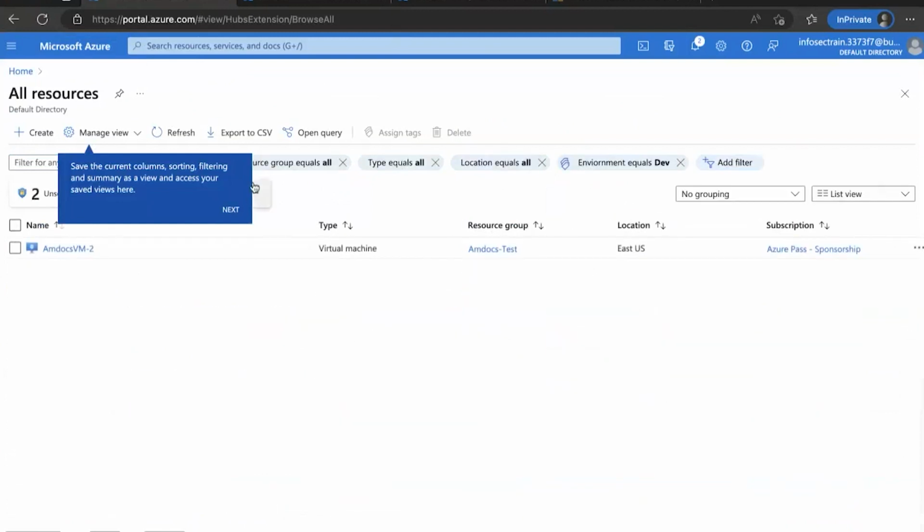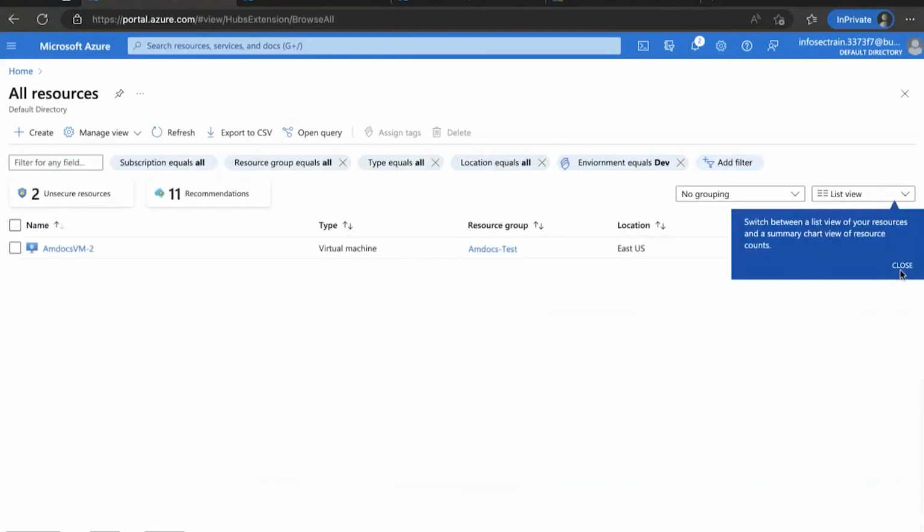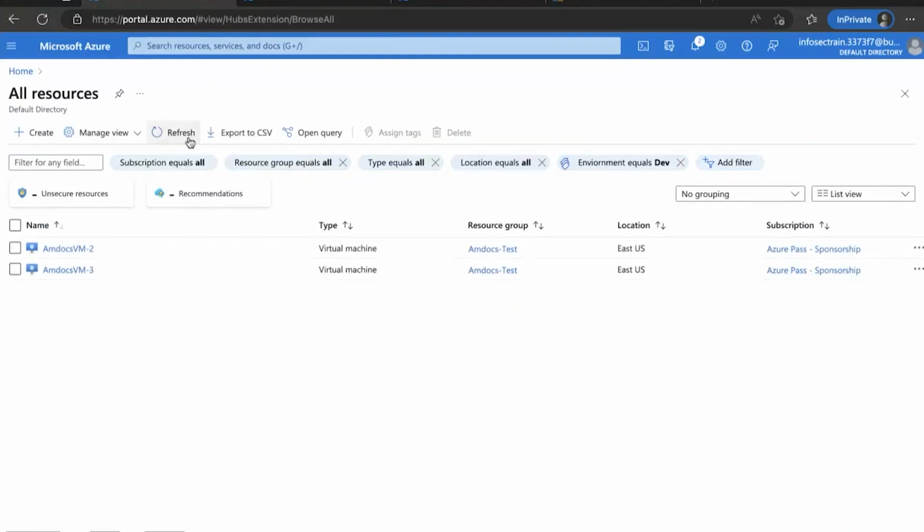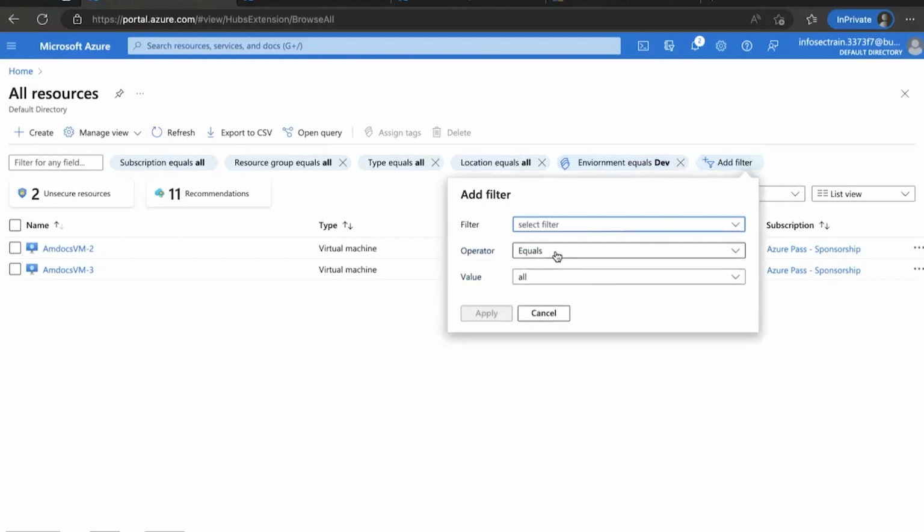So here there should be actually two. Okay. So two virtual machines are there. Okay. This is going to be in this particular part. Now I can change this thing, environment equals this, and then again, I can select more of the things as well.